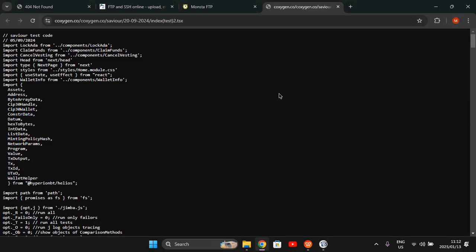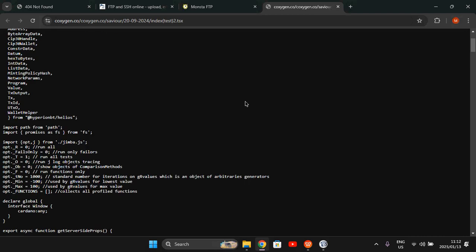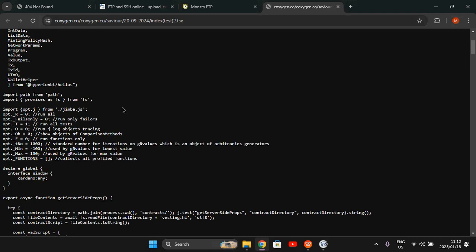If you look just below this, you will see import opt j from Jimba.js. I don't know if you can see it. Yes, exactly. Good. So these are the 2 functions we'll be using to write the test codes, and we